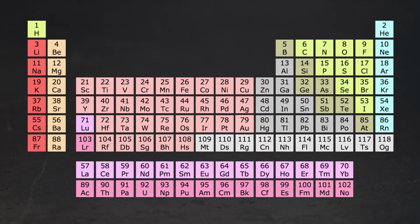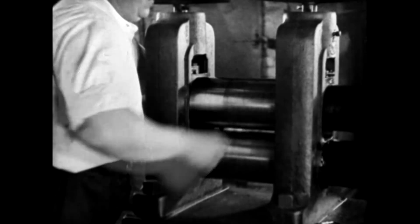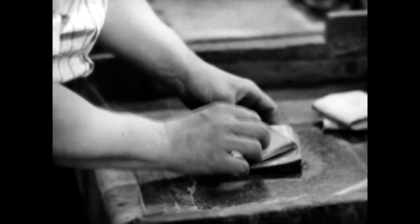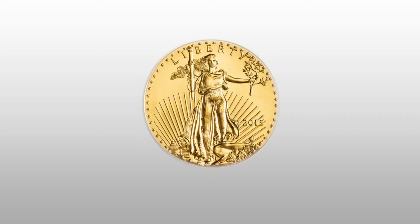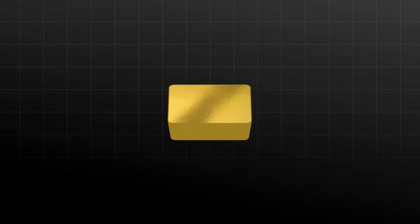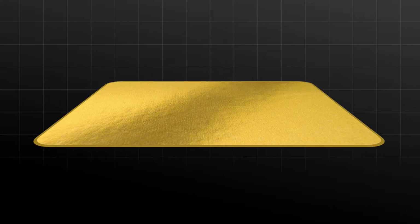Did you know that gold is the most malleable of all known metals? Malleability is a physical property that can be measured by how much pressure and compression a metal can withstand without breaking. It is estimated that a single ounce of gold can be flattened into a 100 square foot sheet. According to the American Museum of Natural History, it would only take 36 pounds of gold to completely cover a